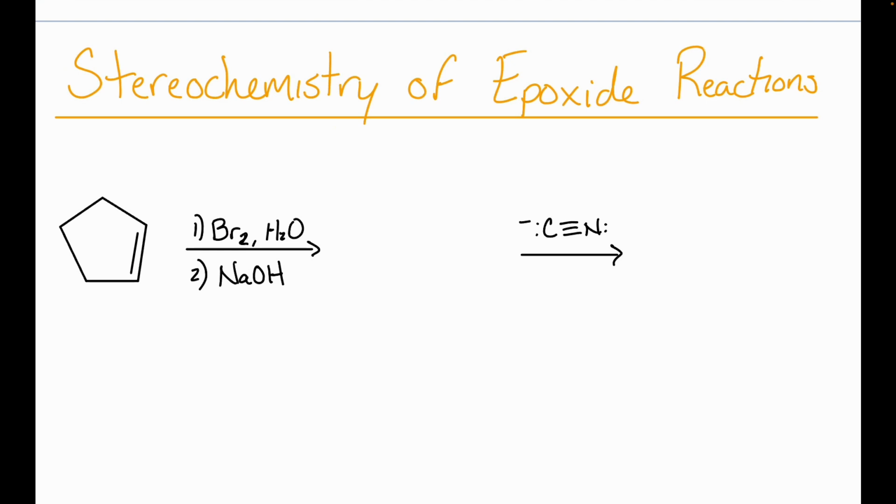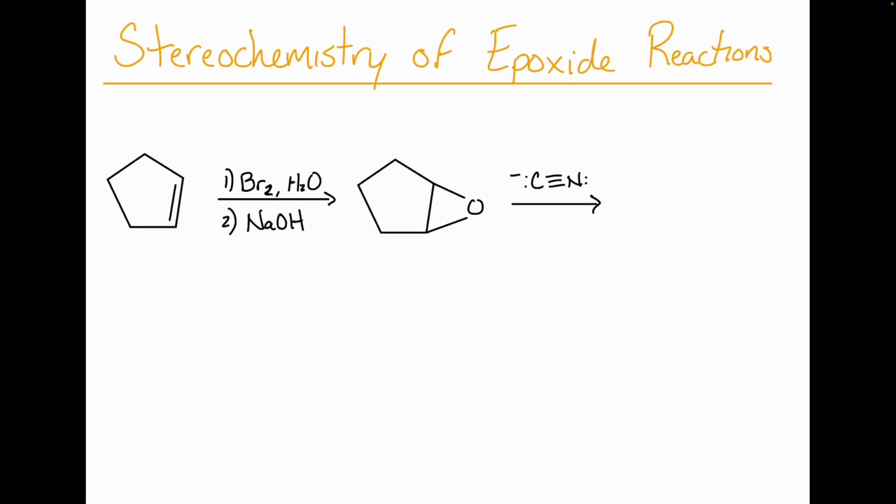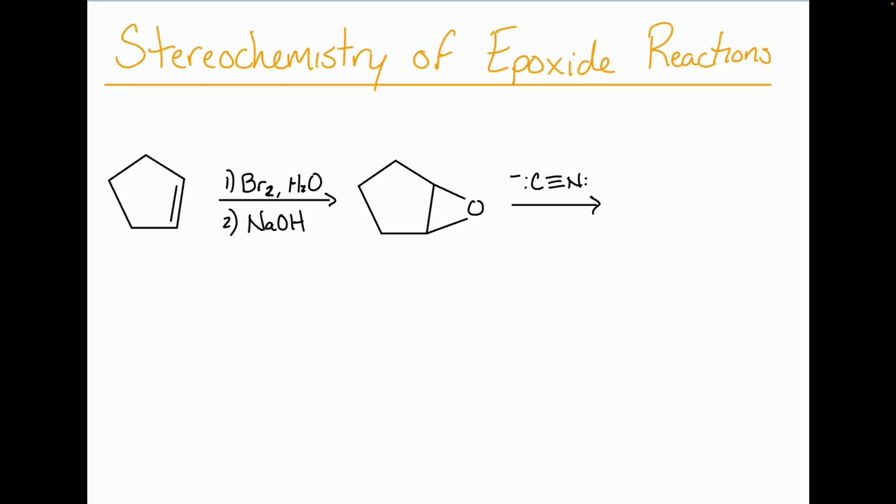All right, so first of all, bromine in water followed by sodium hydroxide produces what? An epoxide, right? So this is one of our methods for creating an epoxide. Okay. But if we're being good with our stereochemistry, I can't just use this straight line representation for my epoxide. Okay? Because this implies that all stereoisomers are represented. Right? All possible stereoisomers here